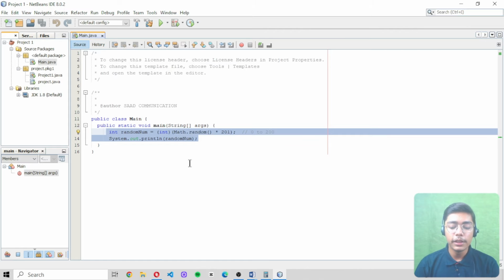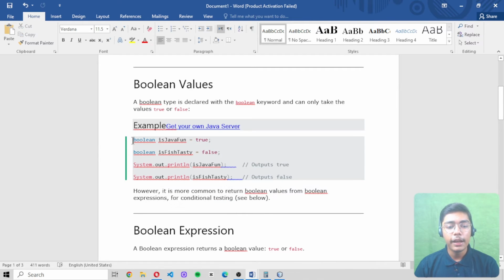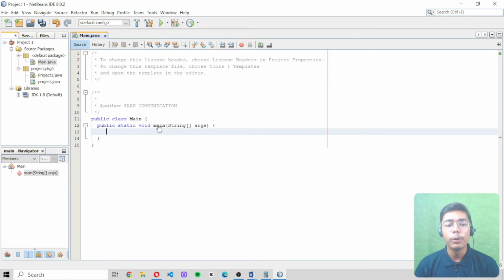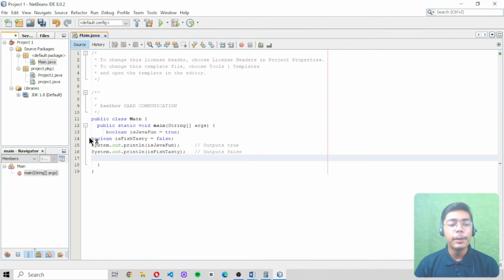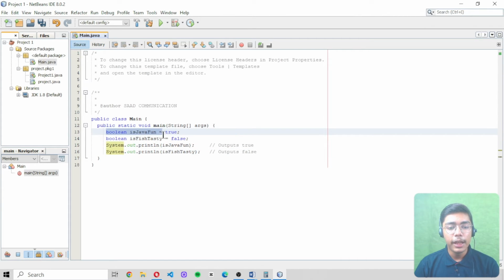I will be removing everything from this file, and then I will move on to my Word document and copy this example, in which I have written all these things like the boolean data type and the other boolean data type. Then we have printed all these using the println function, which we normally use in Java to print the output. So I will be pasting all this, and to make it one line, I'll be pressing tab here, and here as well. So you can see we have done it like this, and first we have printed this true value,